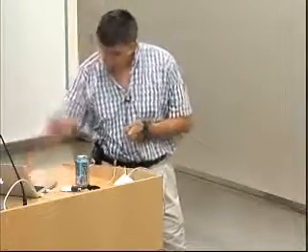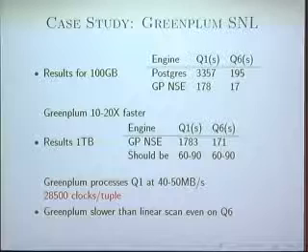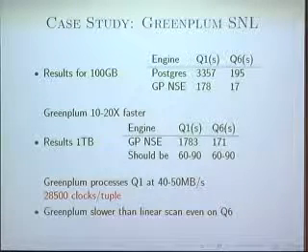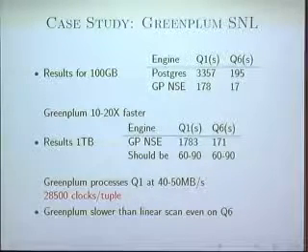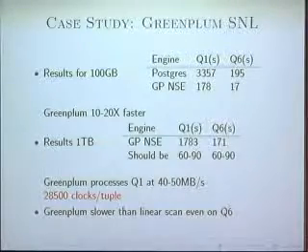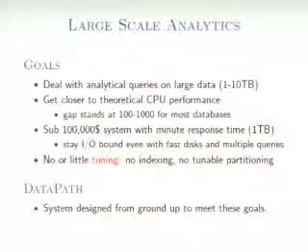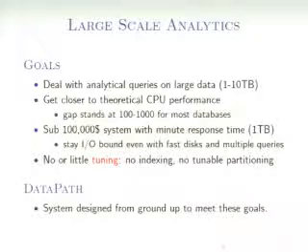Okay? And also, this suggests that GREENPLUM is actually slower than the linear scan, even on query 6, right? So the running time should be in the 60-second range on that kind of hardware, 60 to 90 seconds, depending on how they do things. But their running time is 171. That suggests that even those selection predicates in query 6 that don't look so complicated might actually create problems when it comes to fast data processing, right? They cannot really keep up with their fast disks in those setups as well.